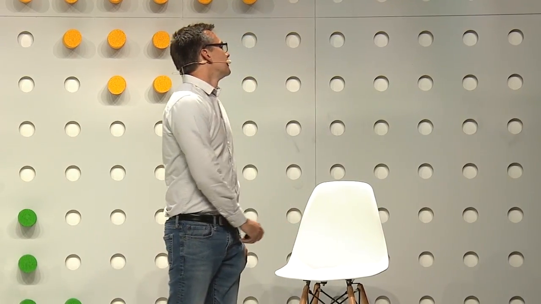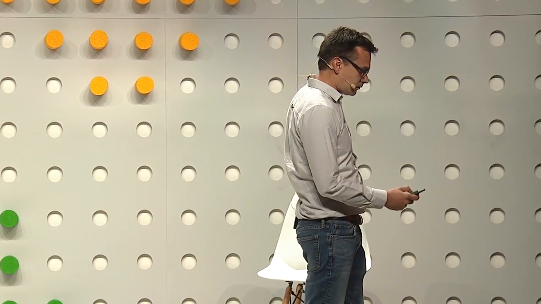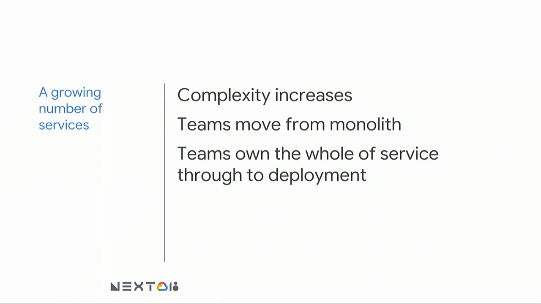Now, if you have 600 microservices, how on earth is the dev team looking after user auth going to have any information about how the whole wider system works? One of the things that you don't want to have is dev teams that are working in silos. Nobody likes that, and that's never productive. So what we know is we're moving to microservices and complexity increases. And as they own the whole of the surface,